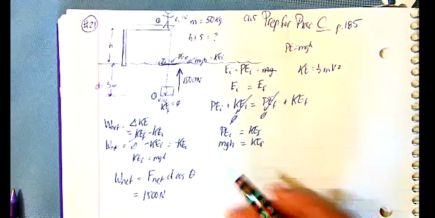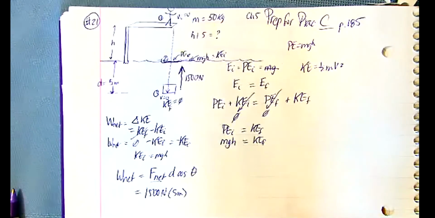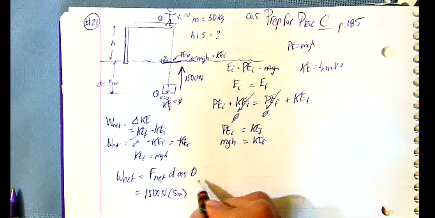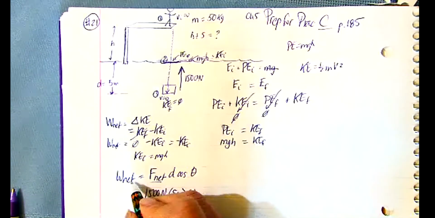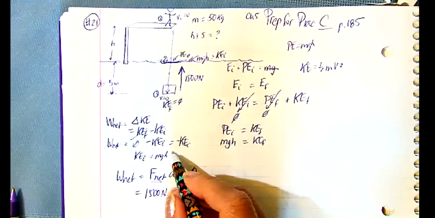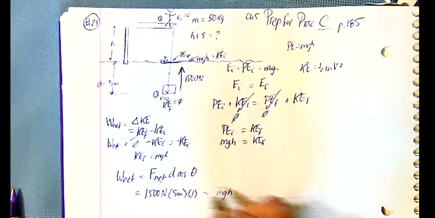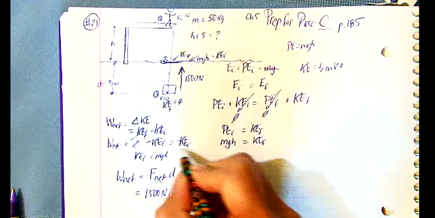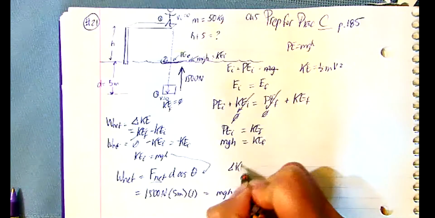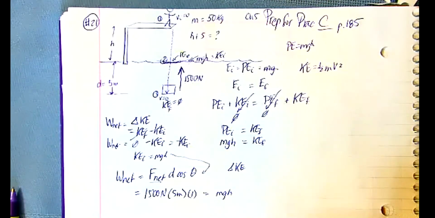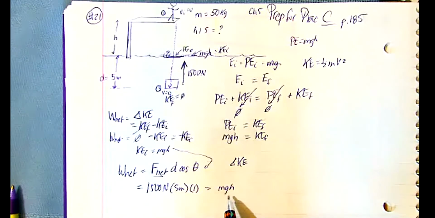They told us that it's 5 meters. And the cosine I've got is 1. So that is equal to work net, which I already established has got to be also equal to mgh, because all this was equal to the change in kinetic energy. So 1,500 times 5 times 1 is equal to